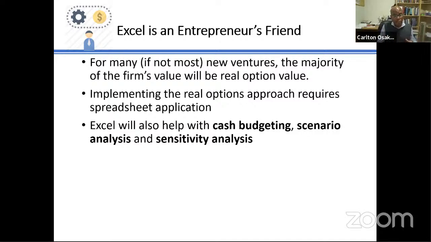But what they have found, because these entrepreneurs have training in spreadsheet applications, in this scenario approach, in cash budgeting, is that the failure rate for entrepreneurs coming out of their program is down to 20%, while in the open market generally the failure rate is much higher at 90%. And so this training, this mindset of looking at different scenarios and so on, looking at this real options approach, can really reduce the probability of a business failing.